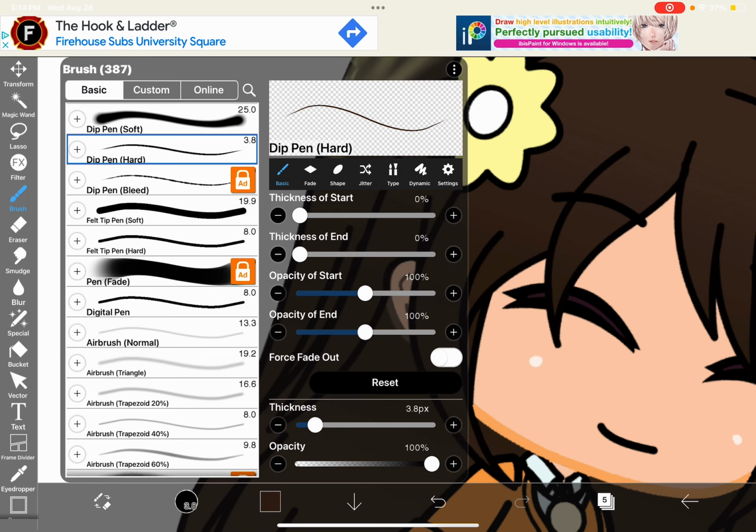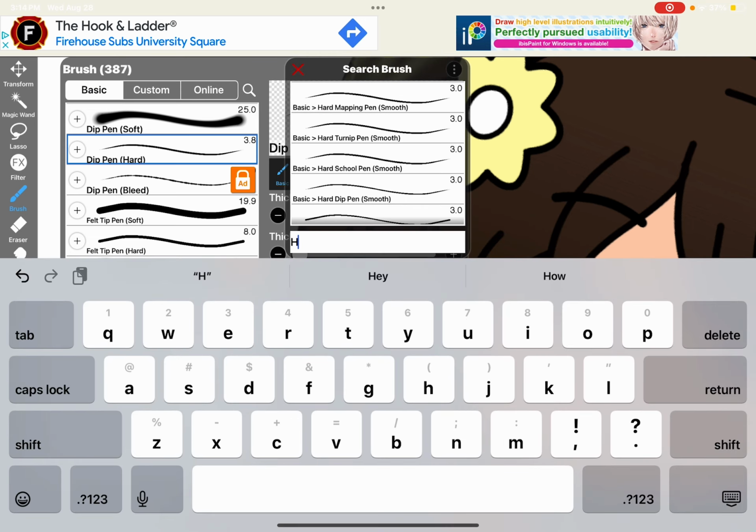It'll be the brown part. So yeah, some of them you can't use if they have